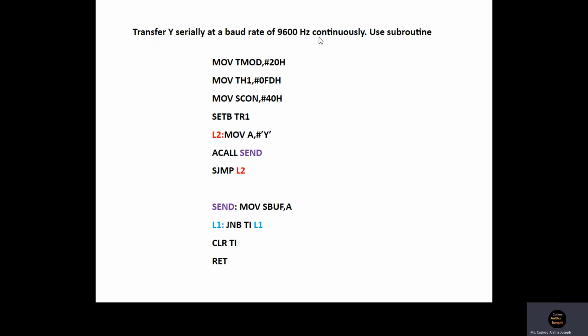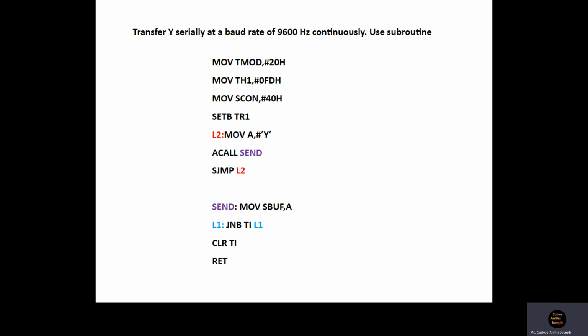It is specified in the question that you have to transfer Y continuously. So that is why we have jumped to L2, and L2 is the label of the instruction MOV A, #'Y'. So these steps will be continuously repeated, and the TXD pin will be sending out the ASCII code of Y